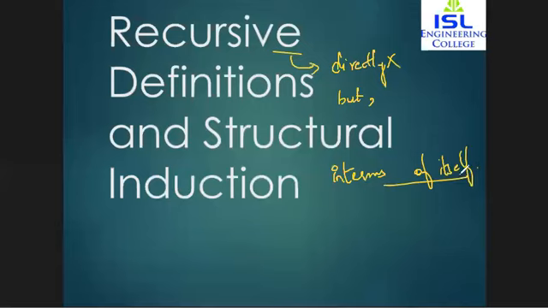If we are able to define the object in terms of itself, then this process is known as recursion. That is what you have studied when you studied recursive functions, where you were able to define a function in terms of itself. A sequence is defined recursively by specifying how terms of the sequence are found from the previous terms, and for this we also use induction.